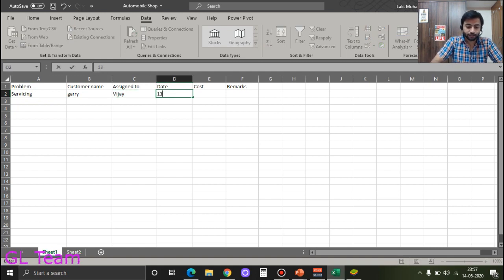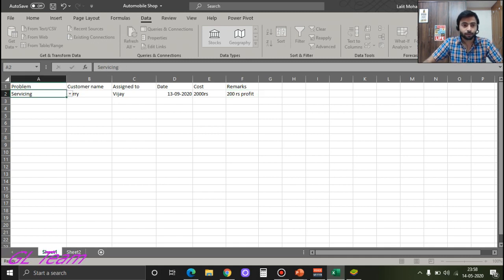I have date, let's say 13/09/2020, and the cost for this servicing is, let's say, 2000 rupees, and remark is 2200 rupees profit.